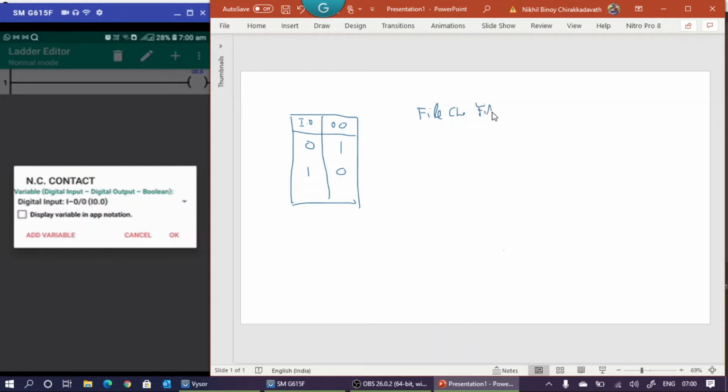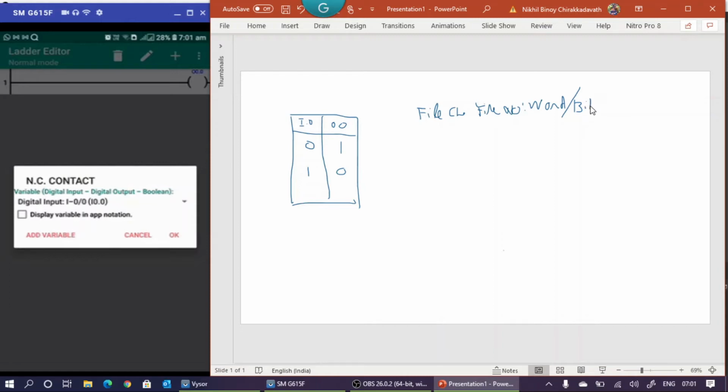Then a colon, then word. Then for digital input and output, two more things are there: a slash, then bit.